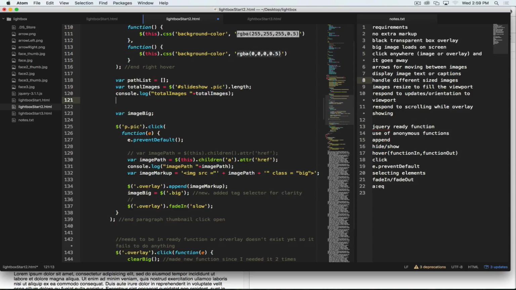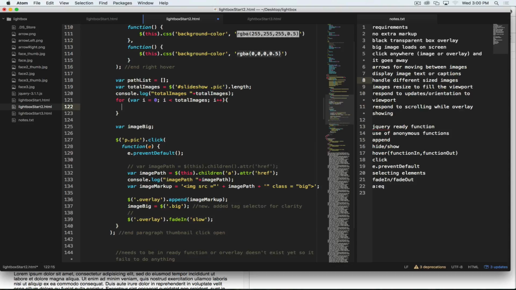So now I can log out my images. And now I'm going to populate path list. For this, we can use a for loop. So var i = 0, i < totalImages, i++. So standard for loop that you've typed 1,000 times. I hope you've done 1,000 for loops by now. In our for loop, we'll say pathList, and we'll just reference. Now remembering arrays start counting from 0, so i starts at 0, so we'll say the first item in our path list is going to be equal to,